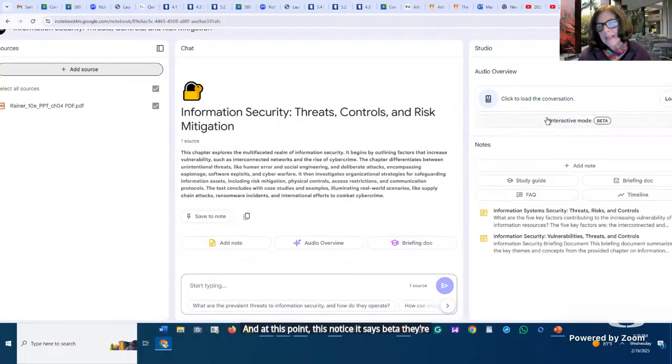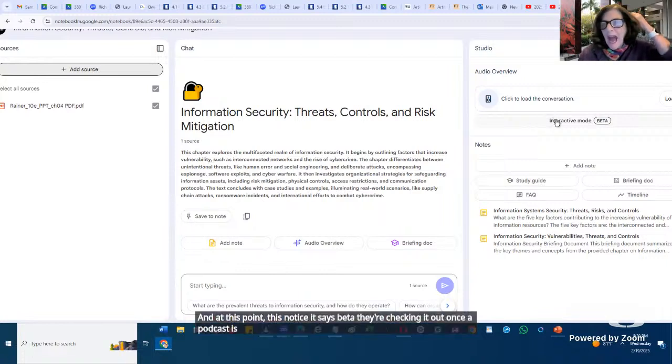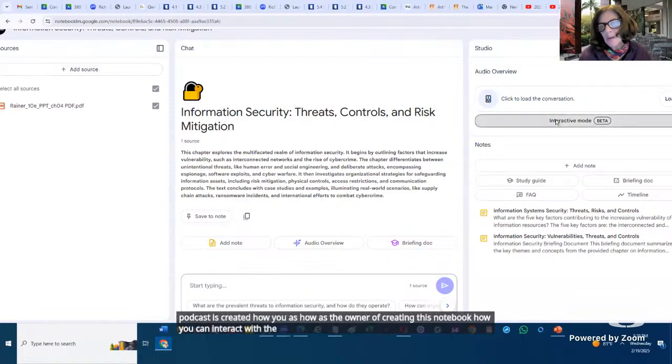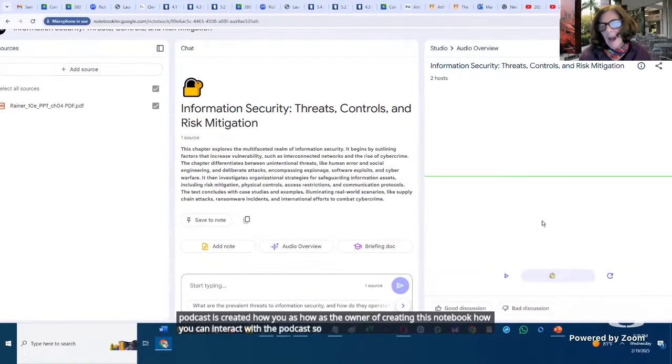Once the podcast is created, as the owner of this notebook, you can interact with it. At the bottom here, you can join.